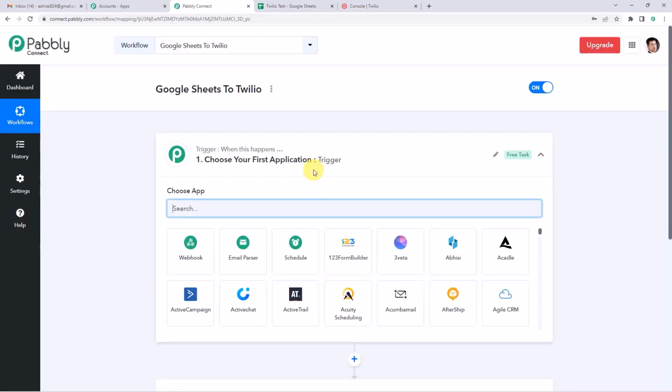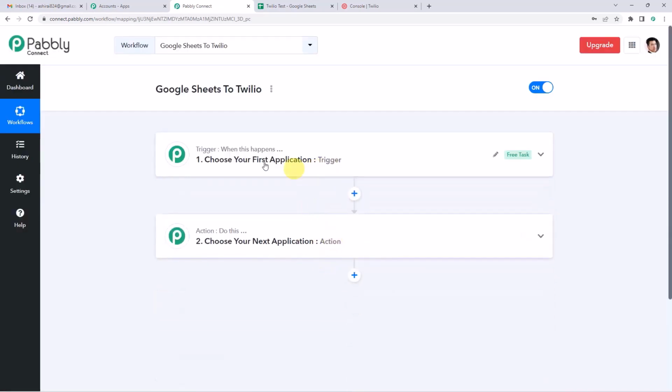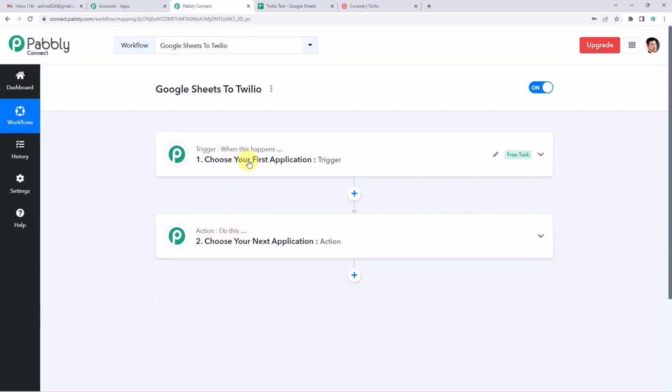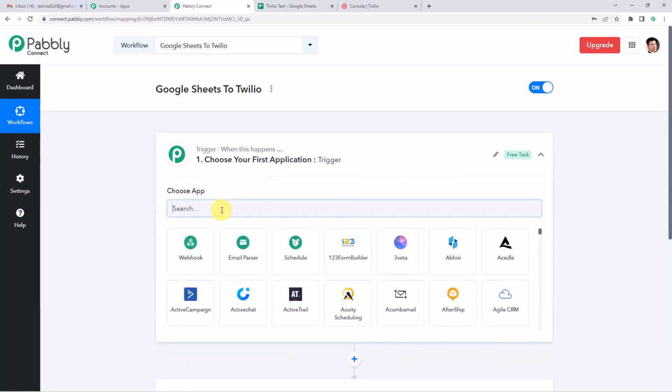Now it will show you two windows, Trigger and Action. Trigger is when this happens, Action says do this. So our entire automation process would be based on these two steps, Trigger and Action. Let us understand this with the help of an example. A trigger can be when an order is placed, and action can be add the order details in a Google Sheet. So now let us begin